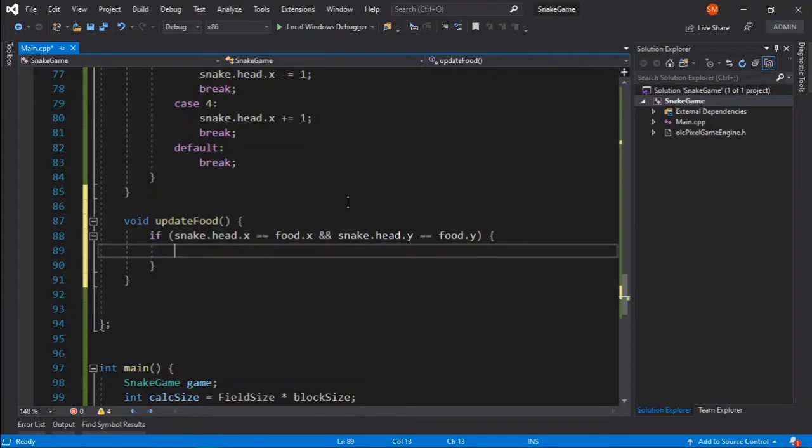So we will just say snake dot body dot push back, and we will just push back the snake's head